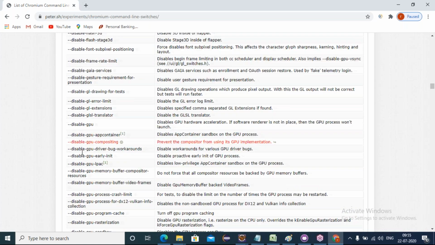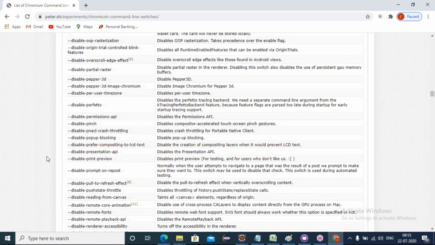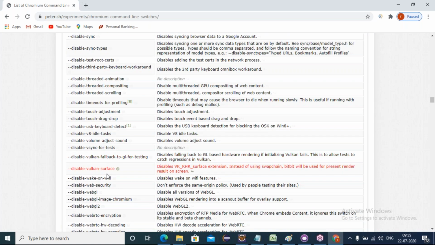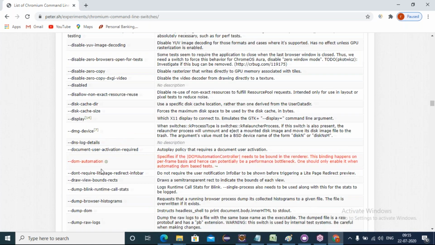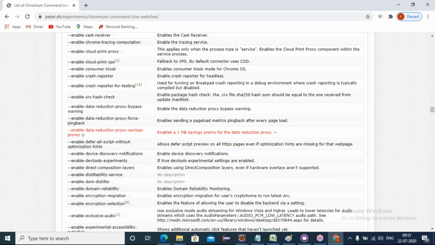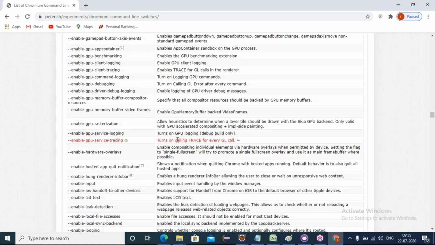Not all of them are required. I'm just showing the reference, where we can pick any argument if we want to pass it to Chrome options.